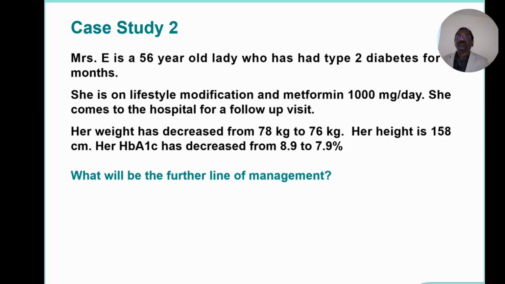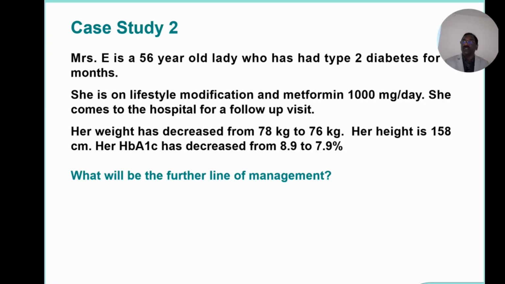Good question. What is the working diagnosis? The working diagnosis here is diabetes plus obesity. The diabetes is type 2 diabetes. She is on metformin. What is the dose? 1000 milligrams a day. She came for the follow-up. Is there any reduction of body weight? Yes, 2 kgs. Are you happy with 2 kgs?